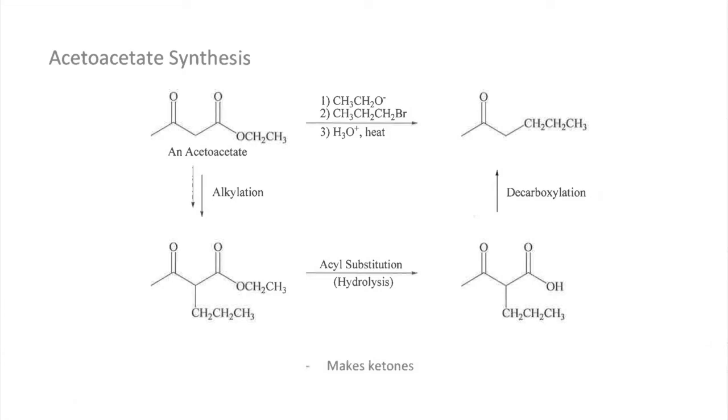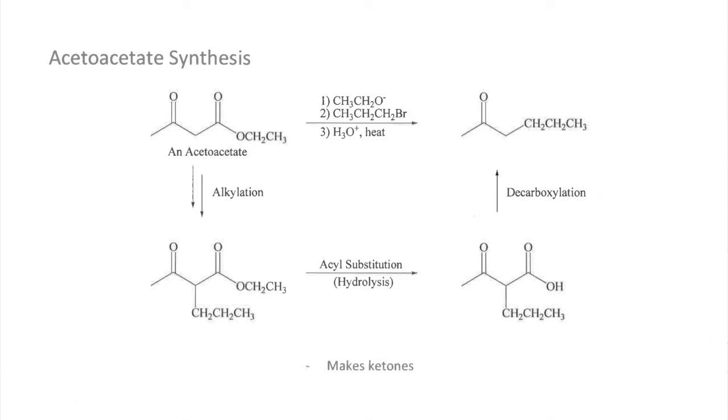Here we started off with essentially a 4-carbon chain. We hacked off a carbon, right? We lost that carbonyl carbon from the ester group, which becomes a carboxylic acid, and then kind of replaced it with this 3-carbon chain from an alkyl halide. This is just a synthetic strategy, a way of making long-chain ketones, starting from some really cheap, available, easy